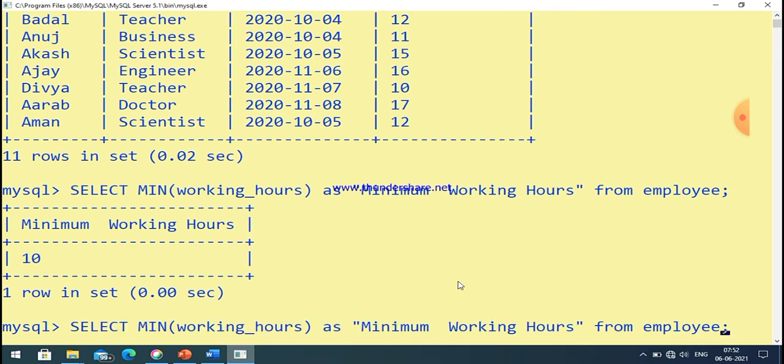Now if you want to find out the maximum working hours, then you can write max in place of min. Max, max. Okay, let us see.